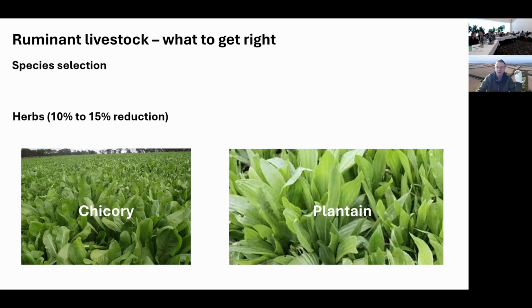Just how that will be recorded, I don't really know. I don't know what evidence you need. Is one chicory plant a square metre enough, or do you need 20 of them? All of those things have got to be sorted out. But just keep in the back of your mind that the species stuff, I think, will play an important part of where we go in the future.